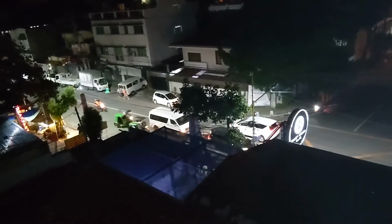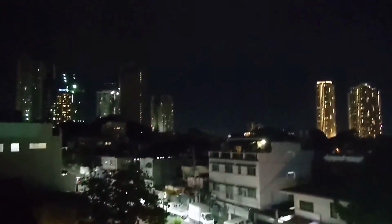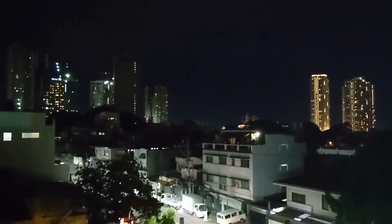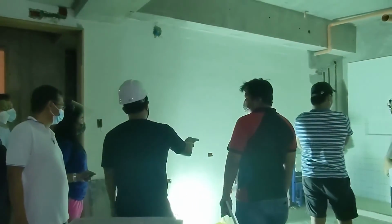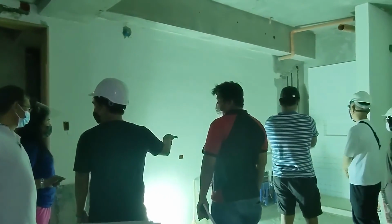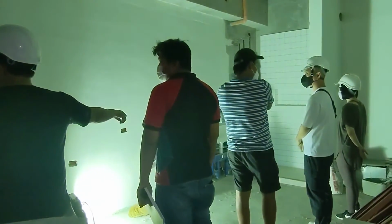So for our Airbnb, there will also be this small balcony that acts as a semi-outdoor area looking out onto East Capitol Drive and Capitol. The size of this room is between 22 to 24 square meters, so it's good for a couple or perhaps a family, a small family with a...